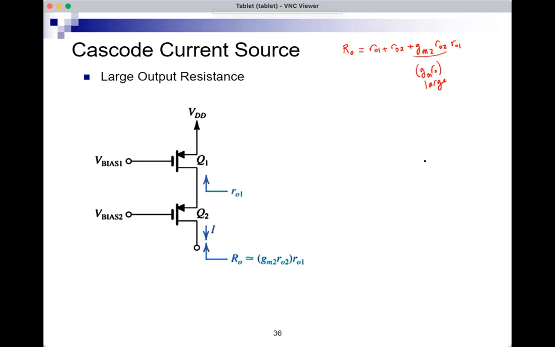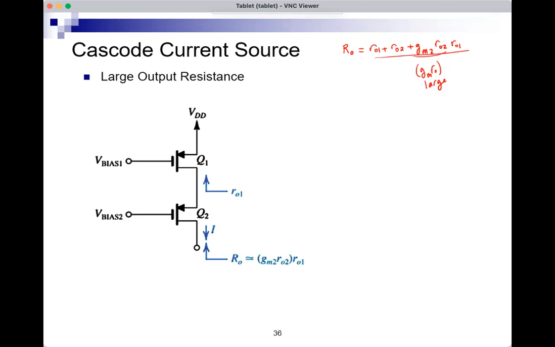If you remember when we started this course, we started with a discussion of current sources, and we said that the output resistance of a current source gives me how much the current would vary when the voltage varies. So if the voltage increases, the current changes. The output resistance is like a measure of how much the current will change. And it gives an indication: the smaller the output resistance, the more the current will change and the less ideal the current source is. So when we get something like this, we have a circuit that can give me a